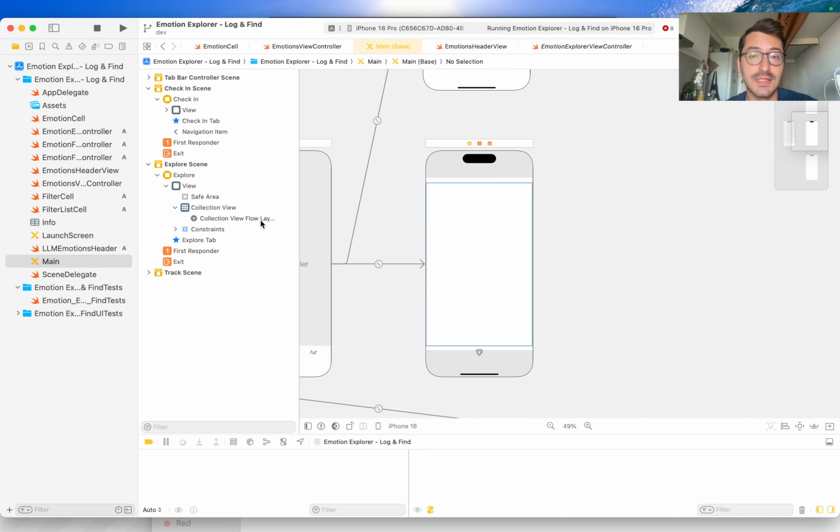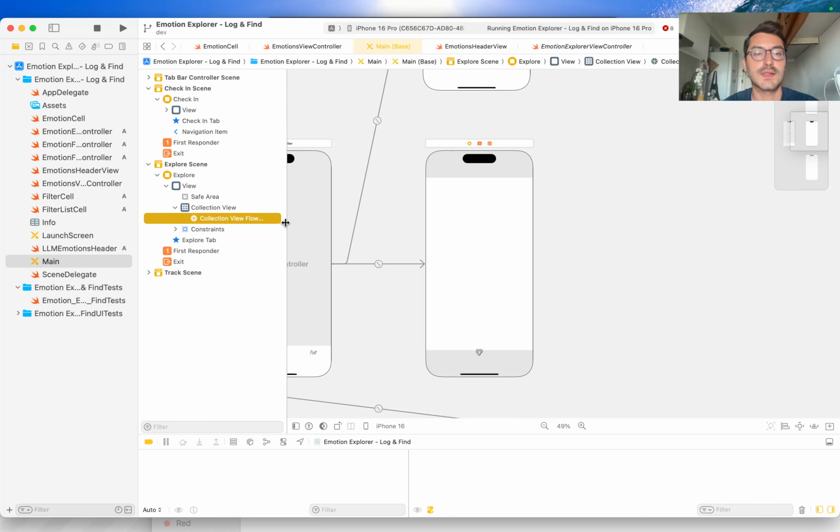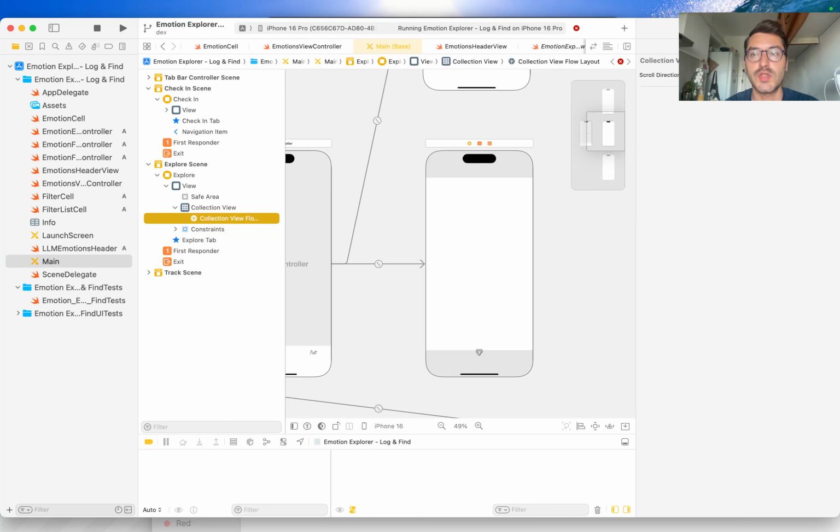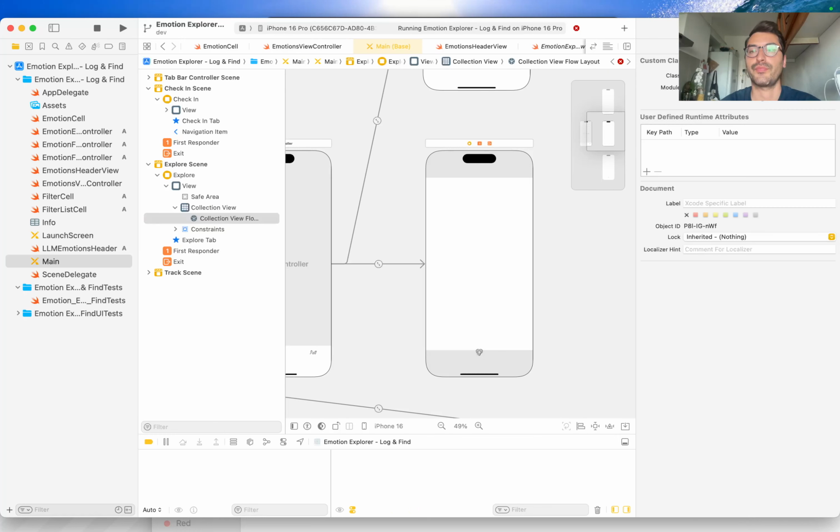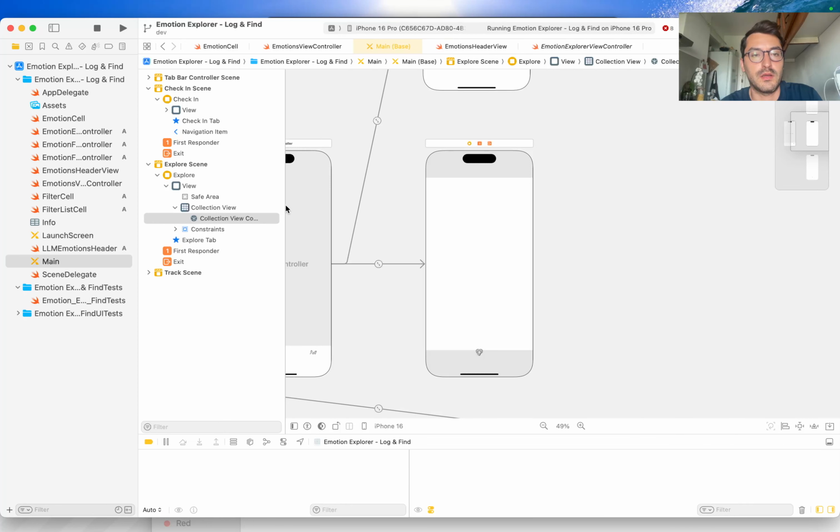I'm going to delete my cell because I'm not using a storyboard collection view cell. And this flow layout I'm going to change to UI collection view composition layout, because this is what I'm using. I'm using a compositional layout to build this view controller. Okay. Or, you know, I might not need this at all, but let's just leave it. Okay,